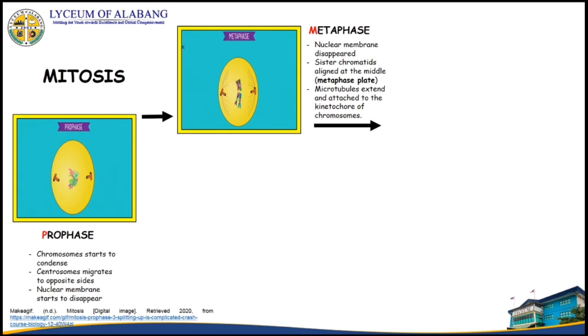But before proceeding to anaphase, the cell will check to make sure that all the chromosomes are at the metaphase plate with their kinetochores correctly attached to microtubules. This is called the spindle checkpoint. This will ensure that the sister chromatids will split evenly between the two daughter cells when they separate in the next step. If a chromosome is not properly aligned or attached, the cell will halt division until the problem is